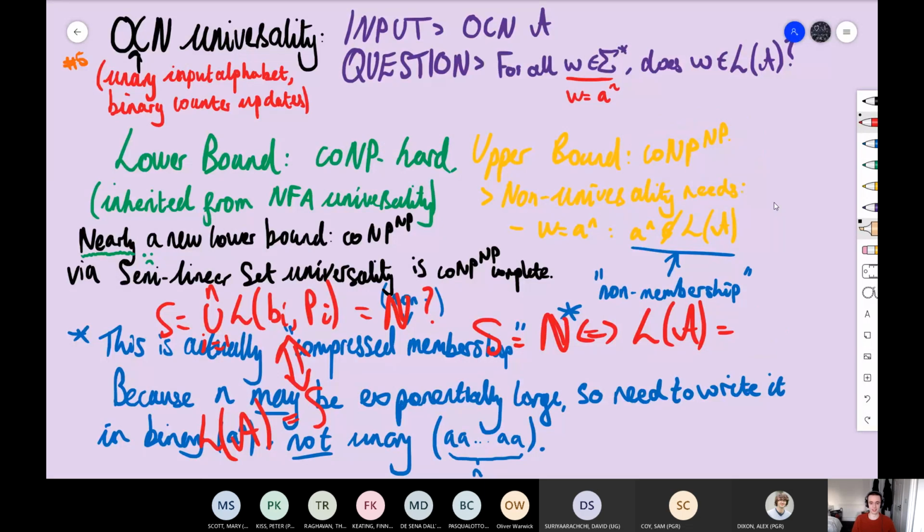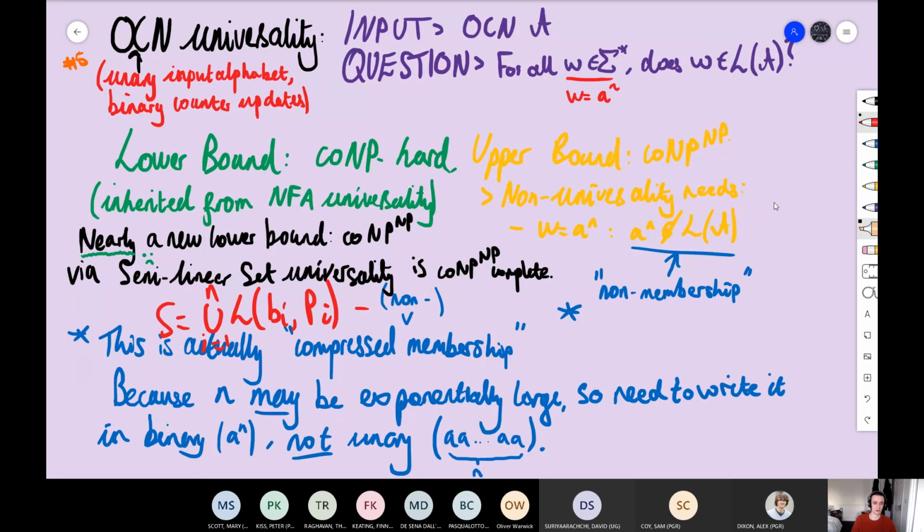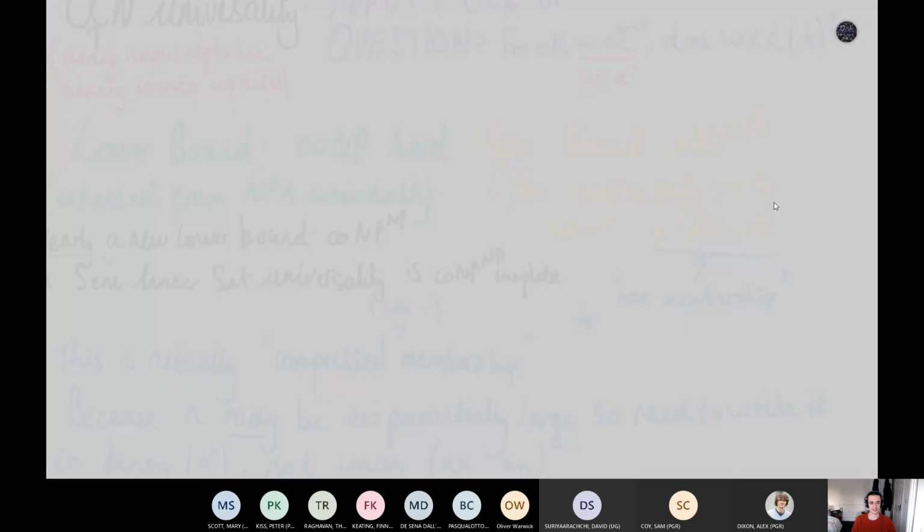The goal. This failed, very nearly. I don't think I've got time to show the failure, but it's certainly interesting and showed that the result wasn't as cheap or as easy as I thought it would be. Much to my disappointment, but it certainly showed that there is something going on, right? This gap is potentially closable, and the reason is going to be non-trivial. I've spent too long thinking about it. Maybe I've looked past obvious things that will help me, but I hope this introduced where the gap comes from. But yeah, I think it's probably best to understand NP membership for compressed membership for OCNs.